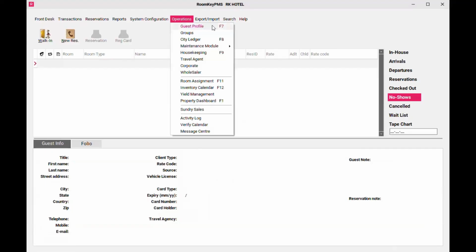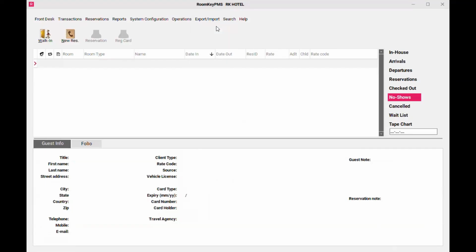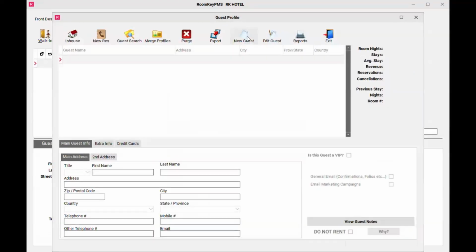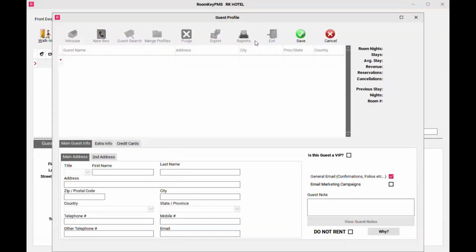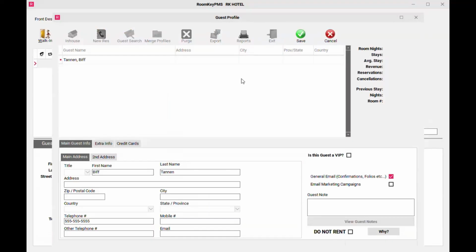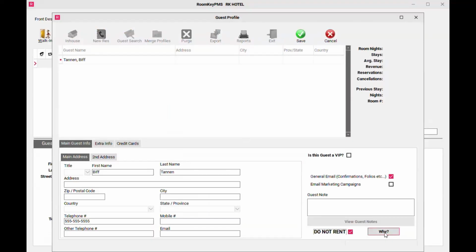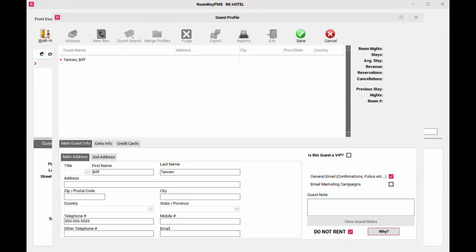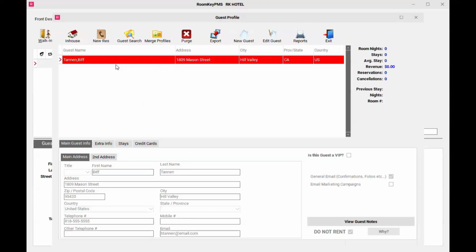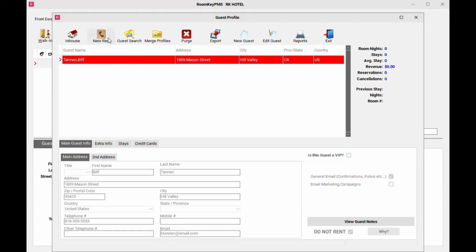You're going to go directly to the guest profile module in the operations menu or select F7 on the keyboard and click new guest. In the main guest information, you'll add as much detail as you need, and in the bottom right-hand corner, you'll select the Do Not Rent checkbox. You can also click the Y button to add in any notes about this Do Not Rent status and click the Save button. Once you've created a Do Not Rent profile, it'll appear here in red,